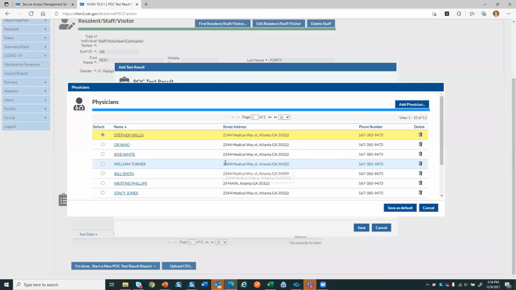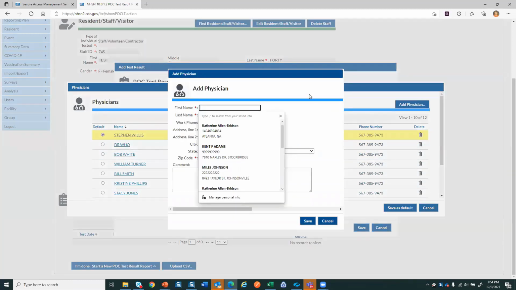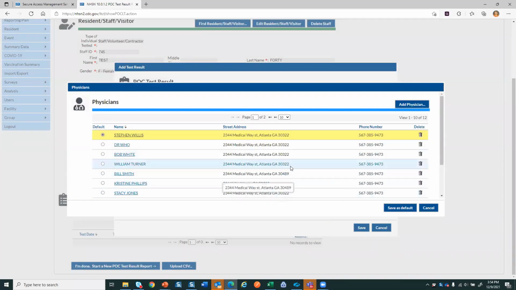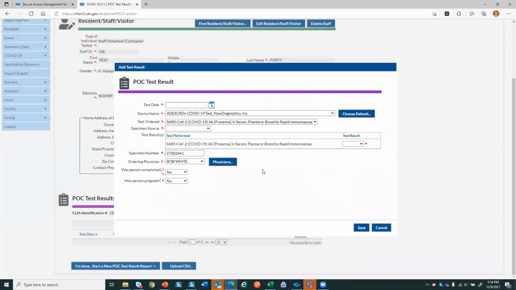So let's look at the physicians list. These are all the physicians that have been added in the system. If we wanted to add a physician, we could choose this. We could go in and add another name. First and last name are required, and zip code, and hit save. And we would have a new one. If we wanted to identify a different default physician, we simply choose who we want and say save as default. And now you'll see that Bob White is the default physician and will be listed as the physician for all